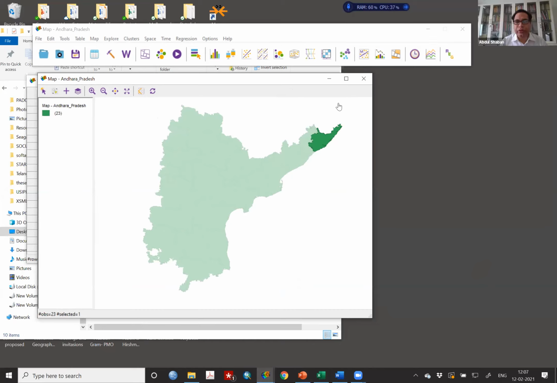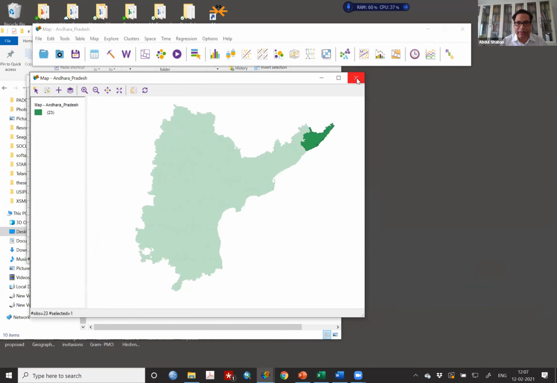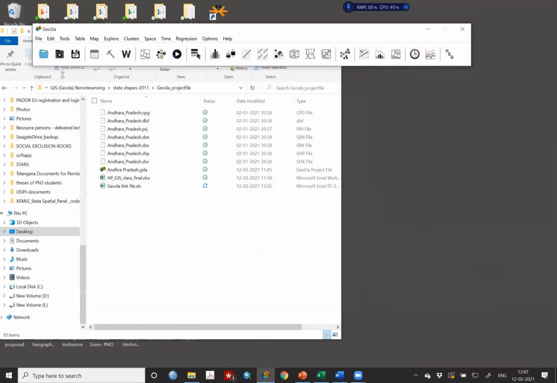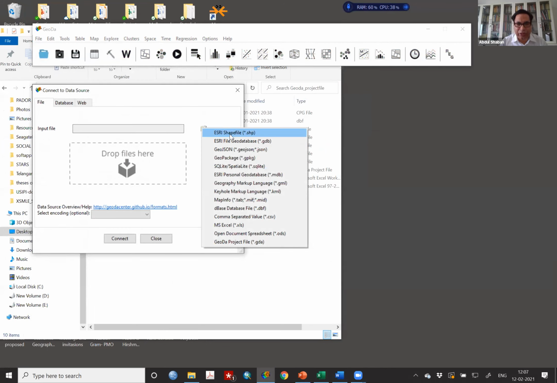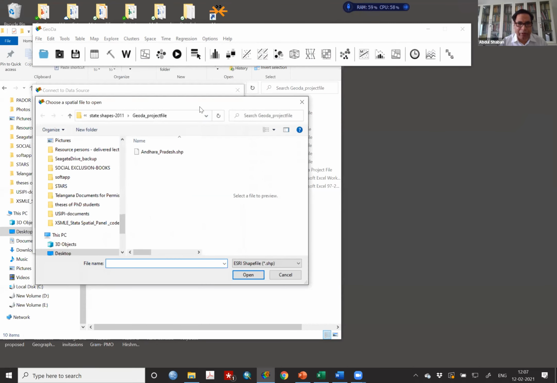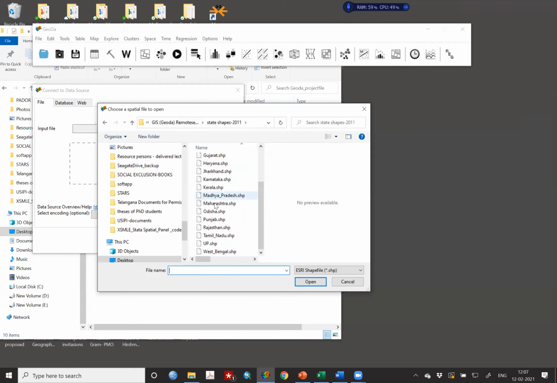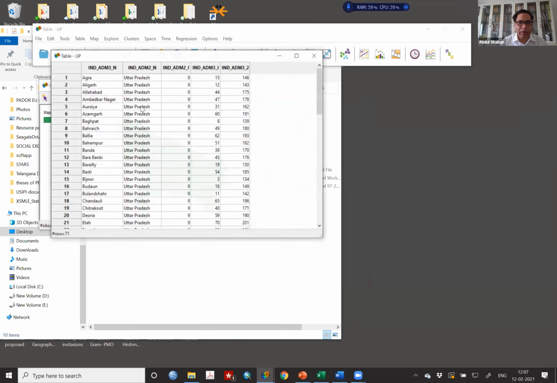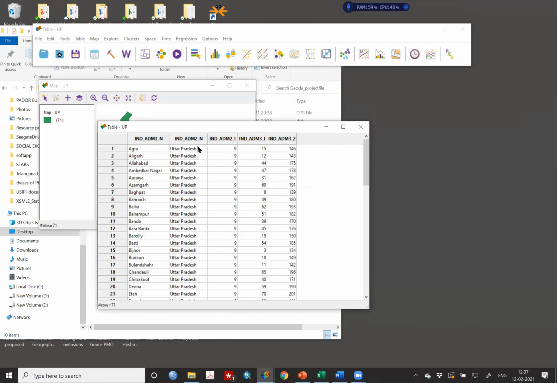Okay. No, you should not give that one because, for example, even assuming that I close this file for all of you, I close this one. I open new, and in the new, which state are you doing? Uttar Pradesh, sir. Let me see. I am not sure what I have done because I did not open. It should not be any problem. I'm just going to see that Uttar Pradesh. UP shape. Look at UP open. No, all the files are here. Look at. Why are you not getting them?